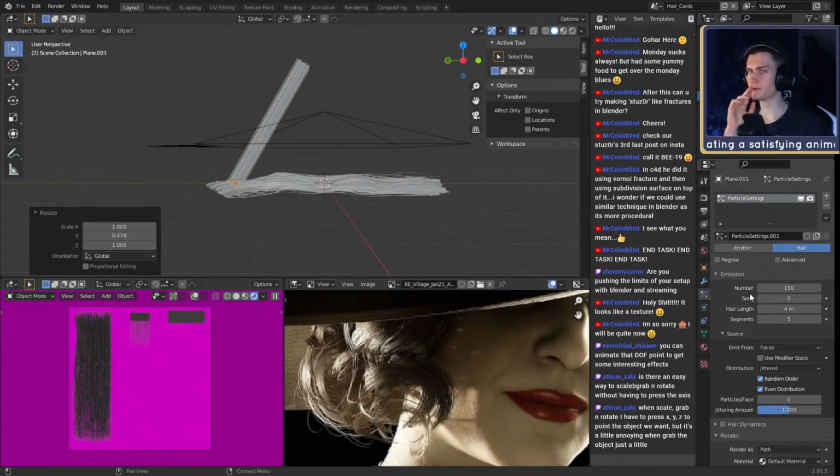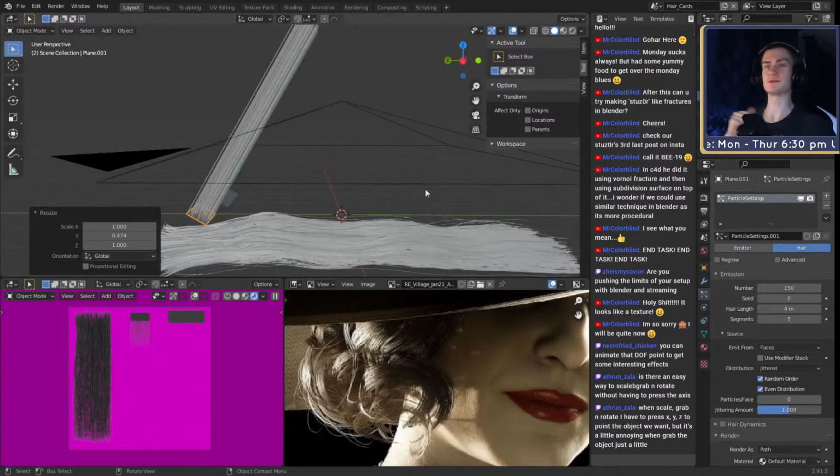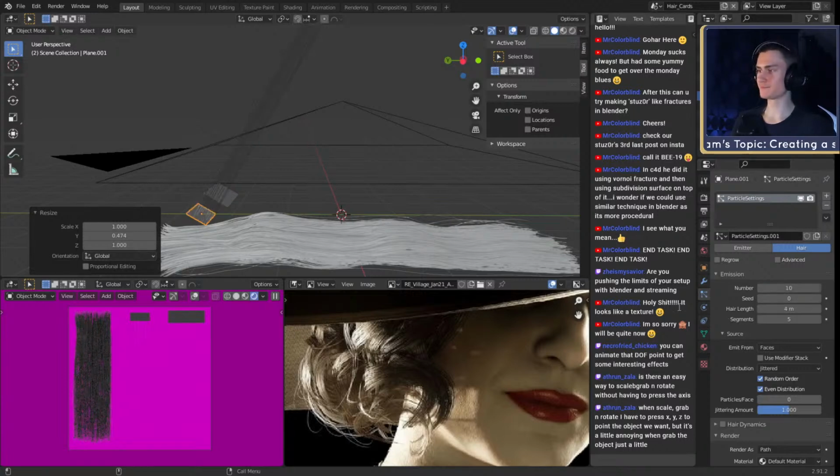Do we need 150? Yeah, I think it's better to have... Actually, we could probably use... No, for this hair, I think it's better to just use... Or... I'm torn. Let's say 10.